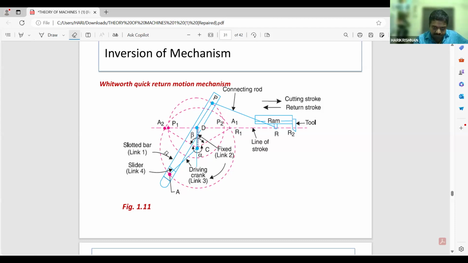So here, at P1, you may see when P is at P1, what happens to A? This slotted lever will also turn. It will come to A1. Okay? Any doubt? When this P is here at P1, this A will be here at